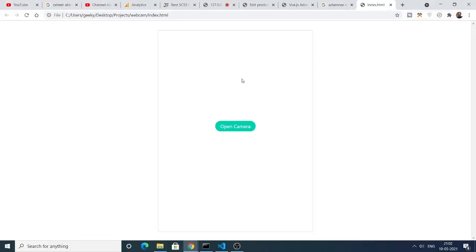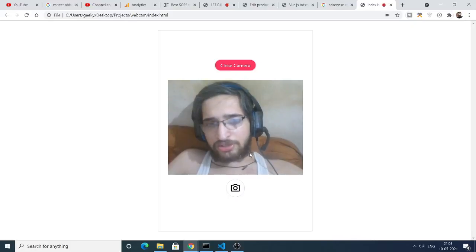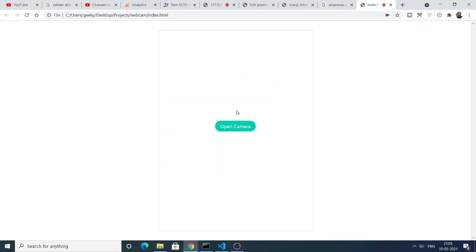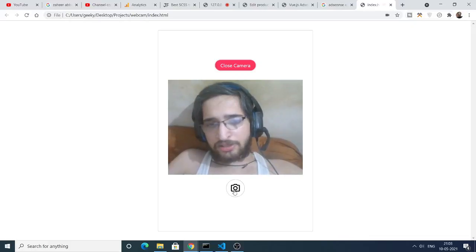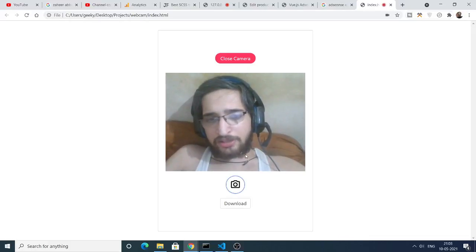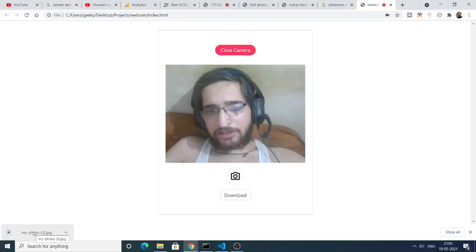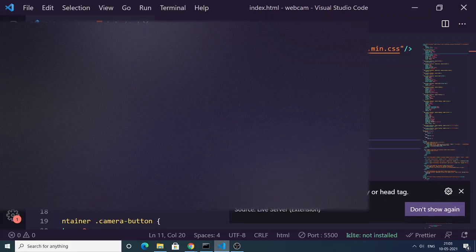You just need to upload this file to the server, any server that you're using, Apache or DigitalOcean. Simply upload this, and now it will work here. You need to allow the permission as well. Click allow, and now you can also close the camera from here, just toggle it, and click the selfie button and click download. It will download as an attachment. So very simple app. This is the source code of this application.